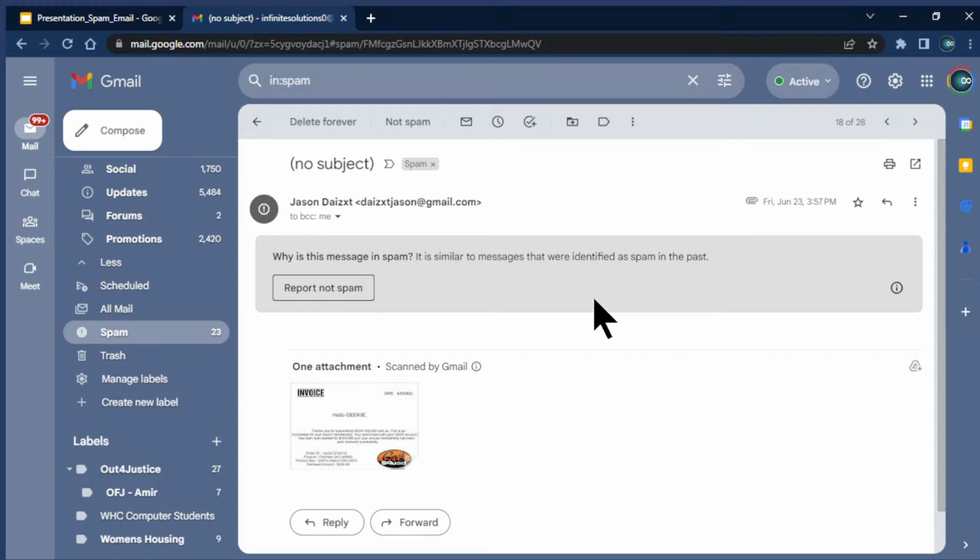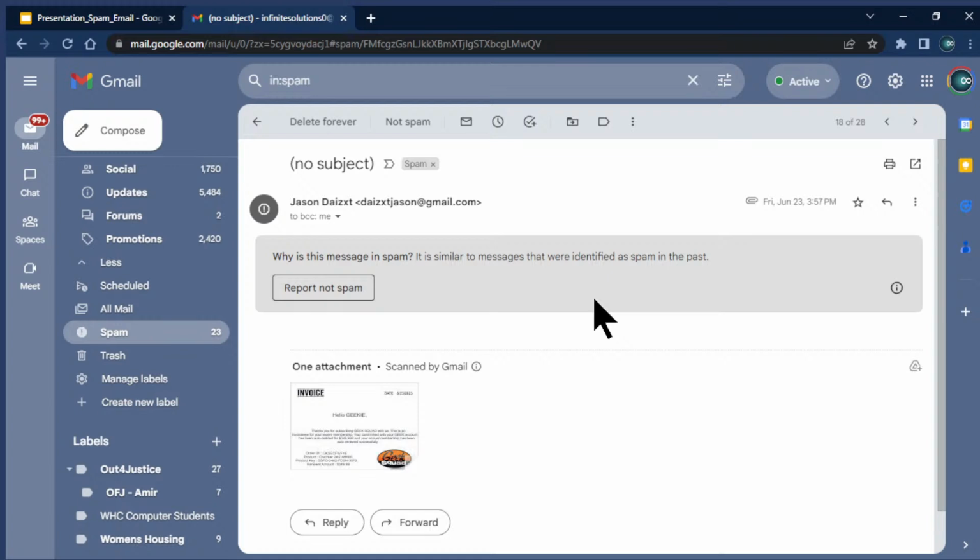So right off the bat, the name I'm not familiar with, right? So under normal circumstances, I would not click on this email at all. And that's probably the best way to avoid getting any type of malware or making a mistake of downloading an attachment. Just don't open the email. Just let it be. All right? Let it be, delete it. That's one of the best defenses against spam email. Just delete it. It's not going to hurt you to delete it.